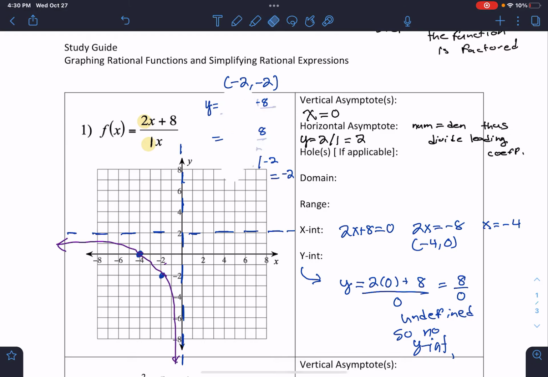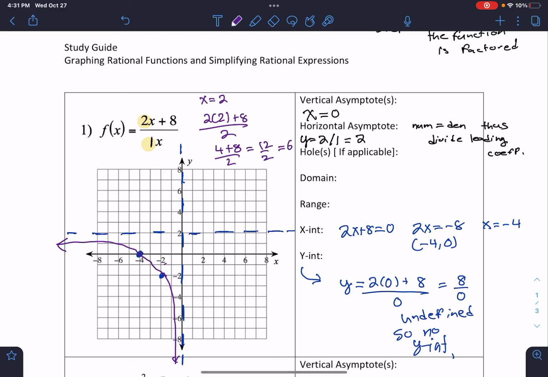And now for the right side, you do the same thing. You're going to pick some values and see where it goes. So I'm going to go ahead and pick x equals 2. And we're going to get 6. This is going to be 2, comma 6. So once again, I can pick one more value, but most likely what I would do at this point is I would just go like this, because there's nowhere else for the graph to go. But if we want to be sure,